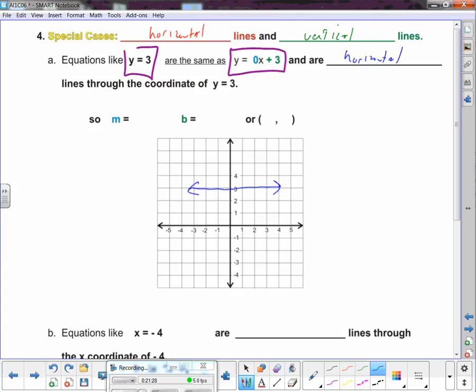You could plot the y-intercept, 3, and now go nothing up, and technically 1 right or 1 left. It's a horizontal line. Okay? Whenever it's y equals, it's a horizontal line. If you had y equals 2, it'd be a horizontal line through 2. If you had y equals -4, it'd be a horizontal line through -4. If you had y equals 7/2, it would be a horizontal line through 7/2,